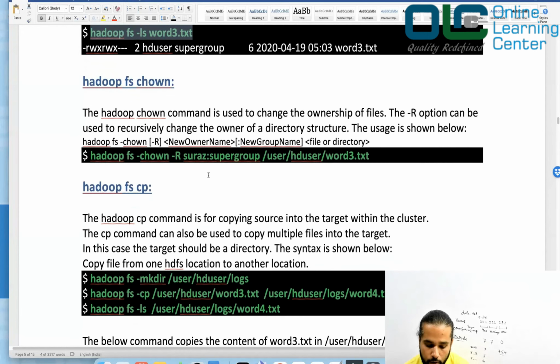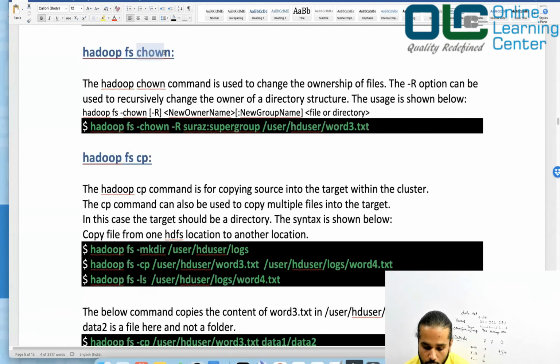Now let us talk about chown. Okay, so chown is basically change owner, right? For example, say you have worked on some file or folder, right? And then you own that folder, and since you own that folder, nobody else is allowed to do any operation because you are the owner of it, right? And you would say, hey, I have created this folder, but let me change this ownership to you, right? So that you have all the control moving forward. So in that case, what you'll do, you can do a chown.